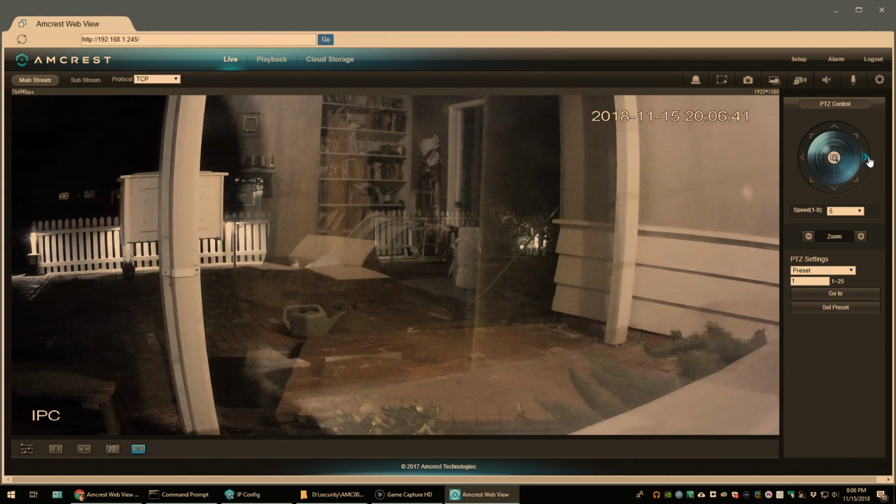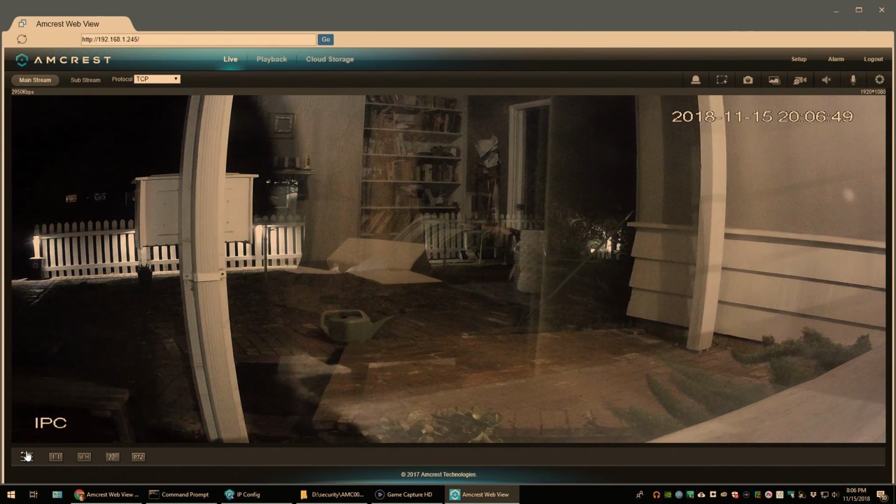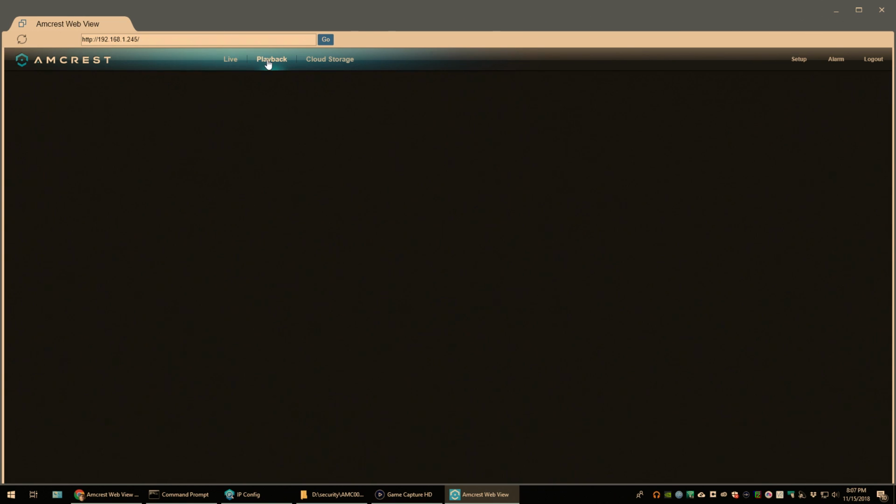There's no auto tracking as far as I can tell, which isn't great, but what are you gonna do? It's so weird that it doesn't just keep the aspect ratio. Maybe there's a setting for that or something. Anyways, there's a bunch of menus up here: live, playback,